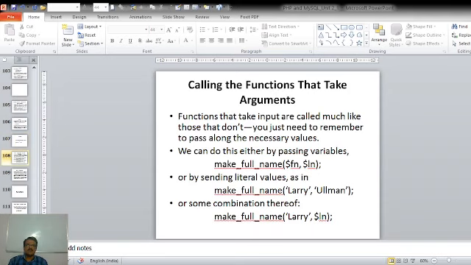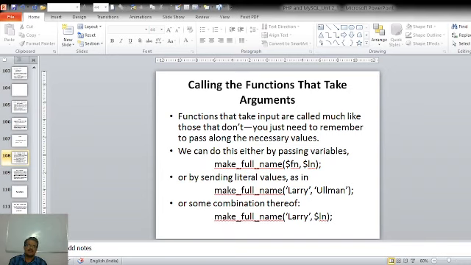Then how do we call a function that takes arguments? Functions that take input are called much like our normal simple functions which don't accept any input. We just need to remember to pass along the necessary values. We can do this by passing variables as we just did in the previous example, that is make_full_name, first variable, comma, second variable. We are passing the two arguments, the first name and the last name.